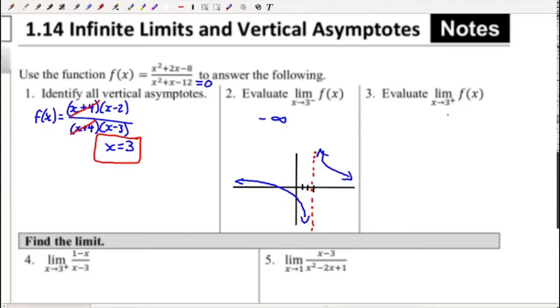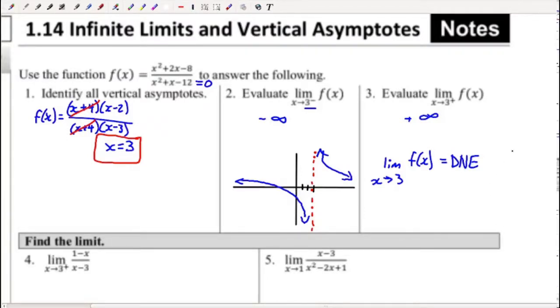And for number 3, I'm looking at as x goes to 3 from the positive side, it's going upward, which is going to be up to positive infinity. So if it had asked me for the limit as x goes to 3 in general of f of x, because I have one negative, one positive, this would be does not exist. Now this isn't actually asked for in this first question, but I am going to need to know how to do that for numbers 4 and 5. So if they don't match, this means that I have a does not exist or a DNE, which is a good, easy